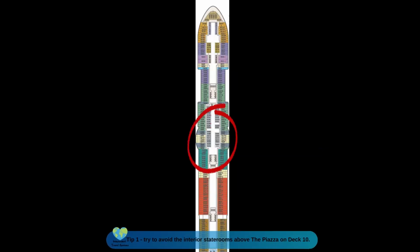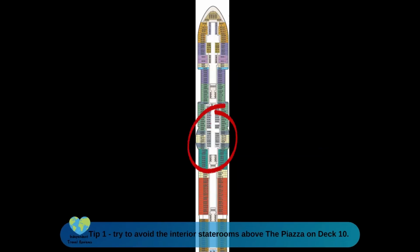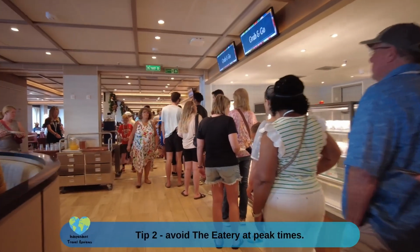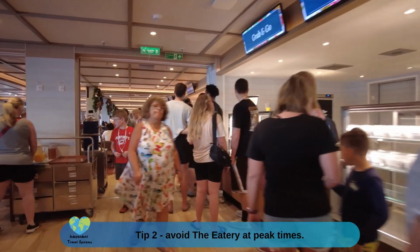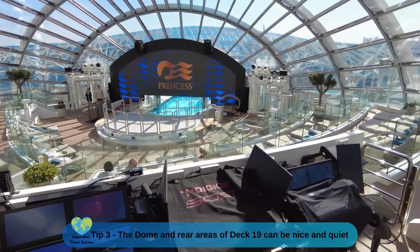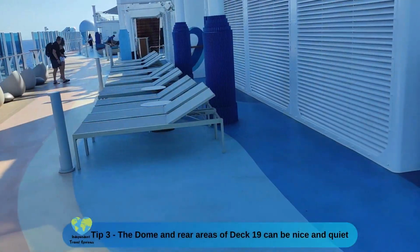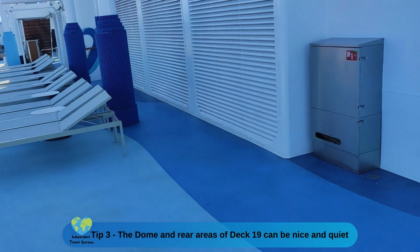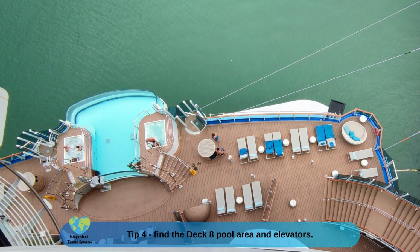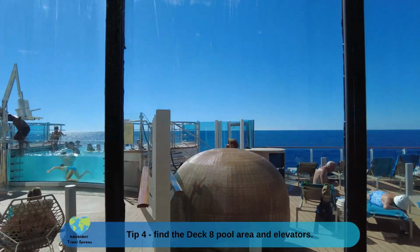Firstly, avoid the interior staterooms over the piazza on deck 10. If you can, avoid the eatery at peak breakfast and lunch times. Peace and quiet are hard to find. The dome, if open, offers some, as does the rear area of deck 19. The deck 8 pool area is nice, and the elevators at the back of the ship offer great views over